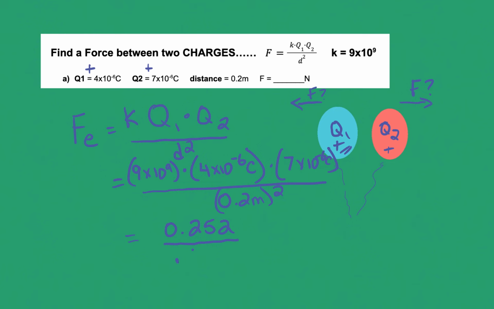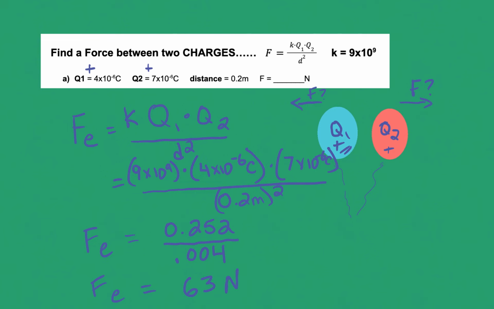And that should come out to be 0.04. That looks pretty easy to simplify. And so we'll finish this problem with a pretty straightforward calculation of 0.252 divided by 0.004, or a force of